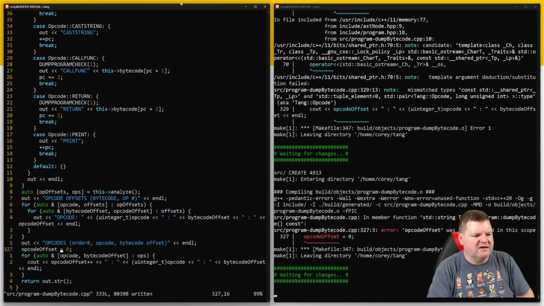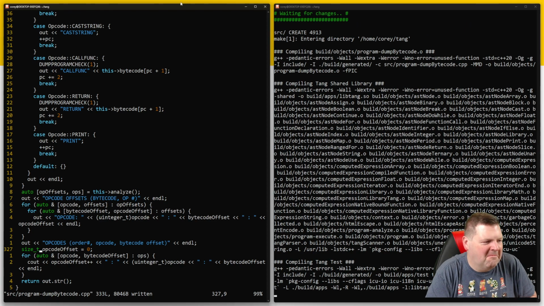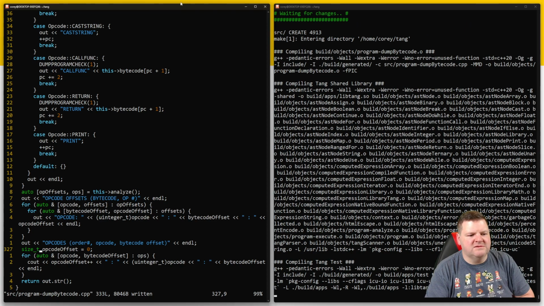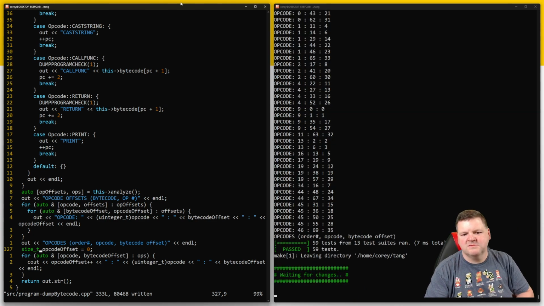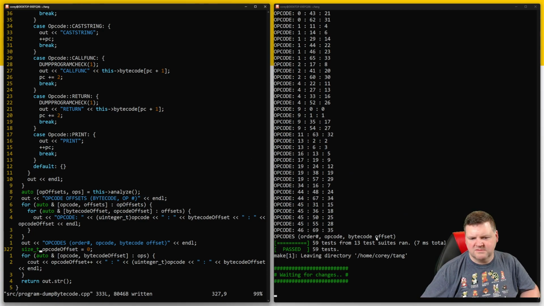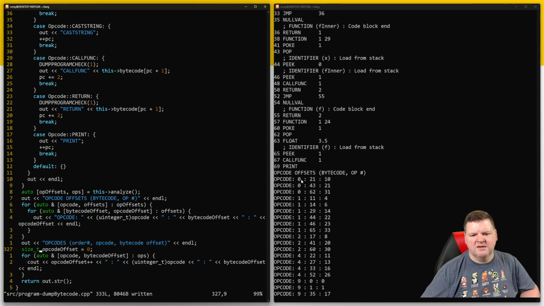Oh, it'd be nice if I... Is ops empty? Bytecode op. Oh, bytecode 0, which is